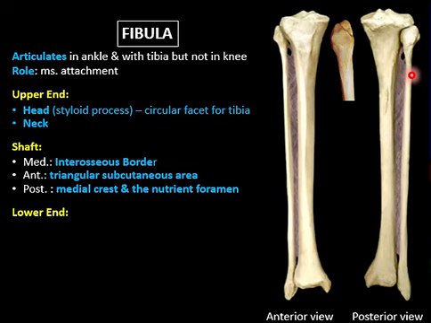Posteriorly, it shows in the posterior surface what we call the medial crest, which shows a nutrient foramen close to it, similar to the vertical line of the tibia. The lower end of